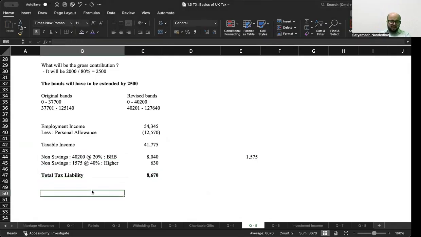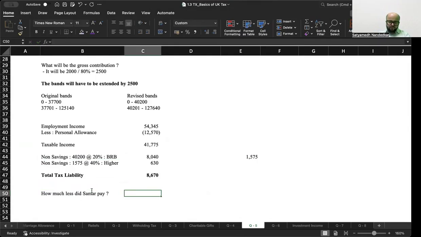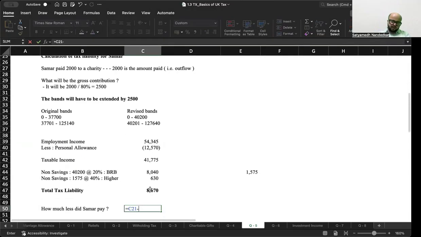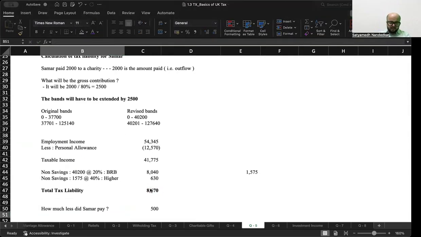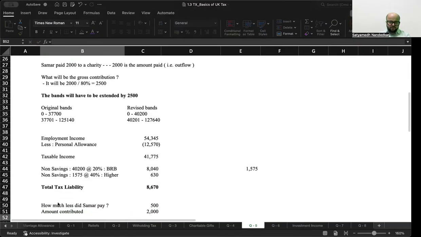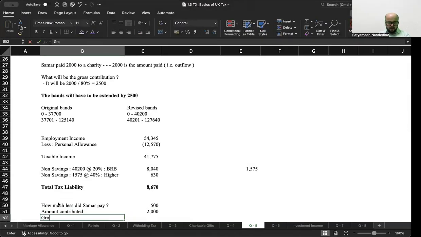So how much less did Summer pay? Summer paid 500 less. What was the amount contributed? 2,000. Okay. And our gross amount was